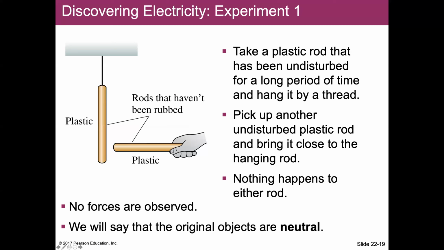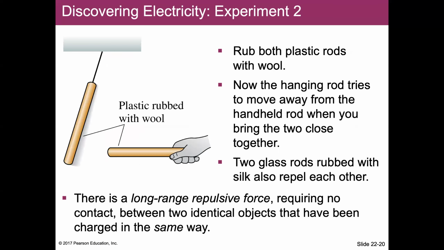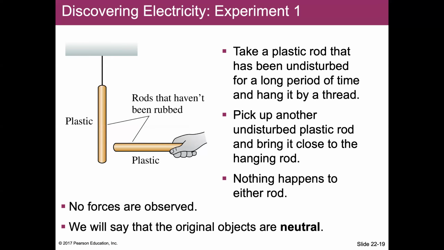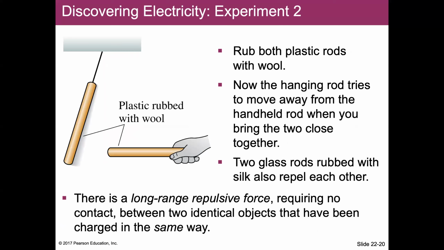So we will say the original objects are neutral. We call them neutral because they're not charged and there's no force between those two plastic rods. This is experiment 1. Now let's move on to experiment 2. Let's wrap both plastic rods with wool. And then